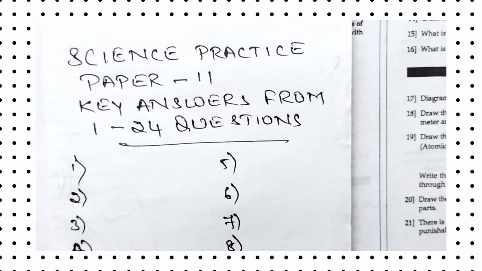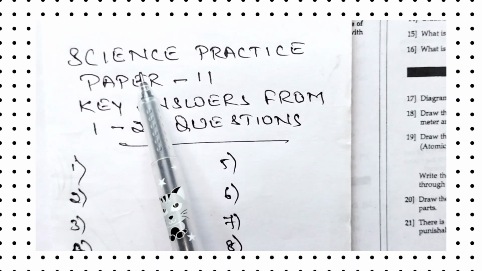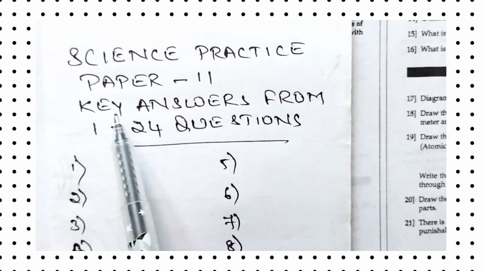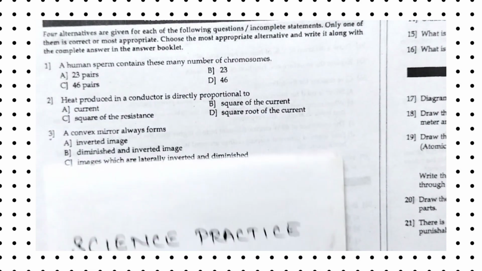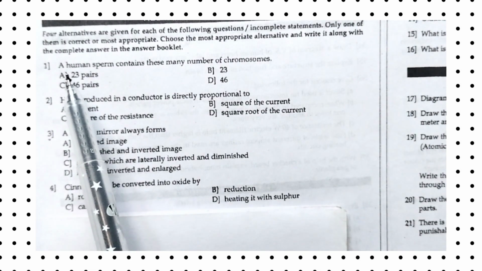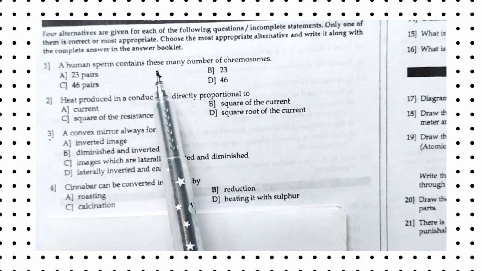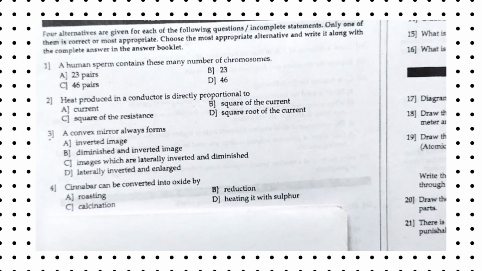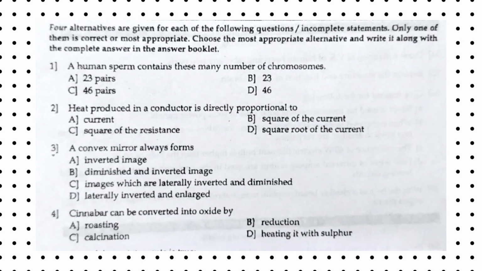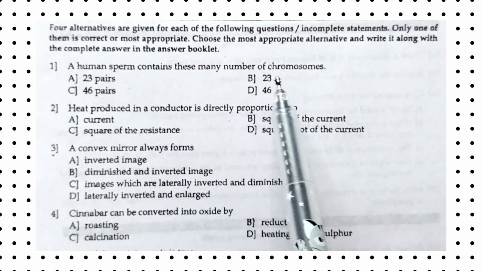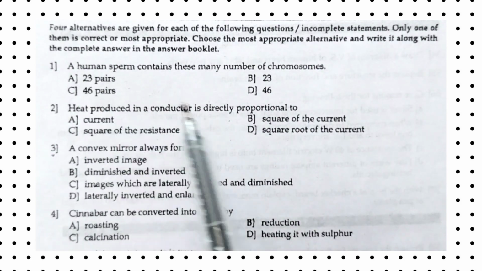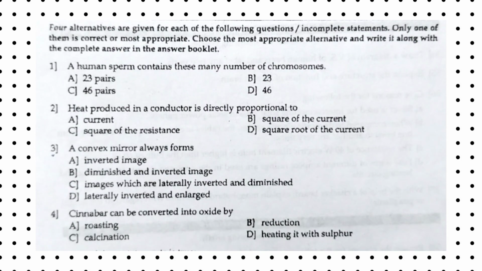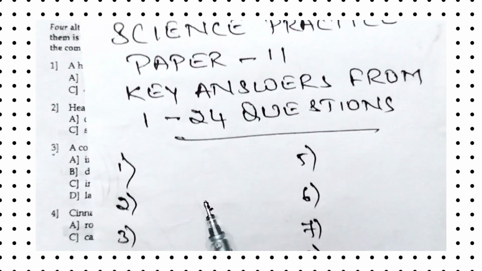Hi everyone. In this video we are going to solve science practice paper number 11 key answer from question number 1 to 24. So now let us answer the MCQ questions first. The first one is: a human sperm contains these many number of chromosomes: 23 pairs, 23, 46 pairs and 46. The right answer for the first question is